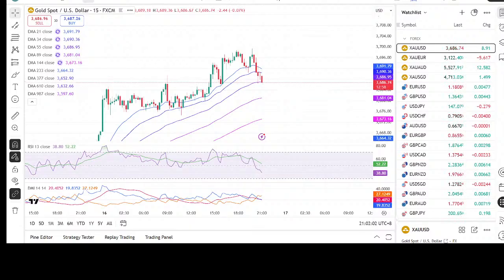So tomorrow should be a good opportunity, and what we are expecting is a spike up when the announcement comes. Either the spike up should happen before the announcement or after the announcement, then the market should start to turn down. So either the market may get a spike up tomorrow, and it all depends on what the statement is